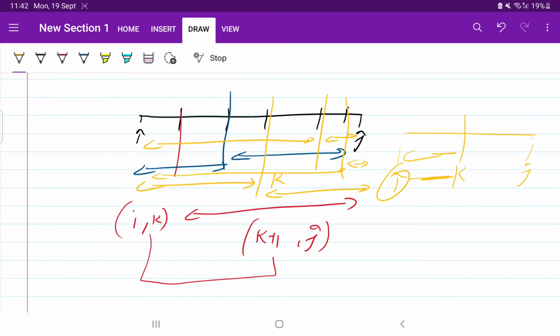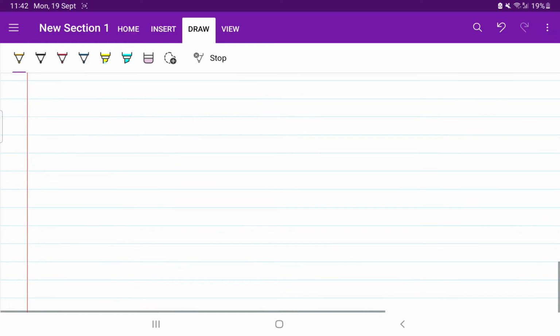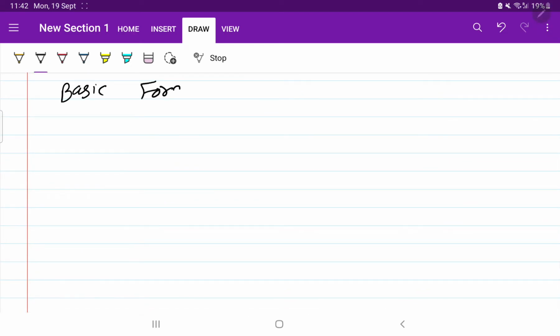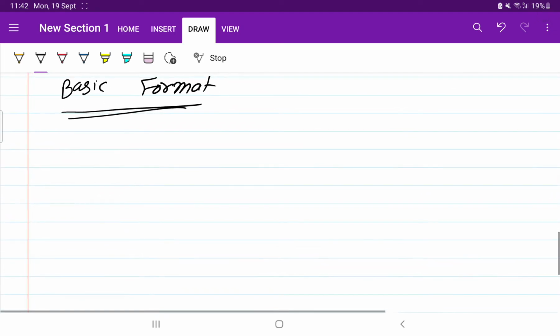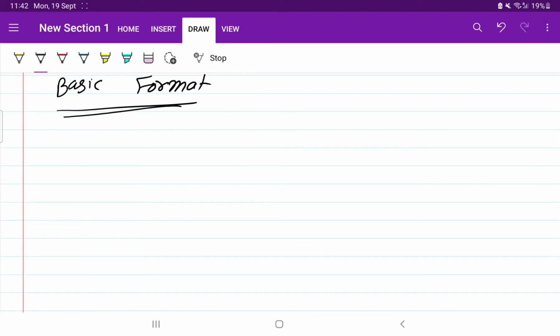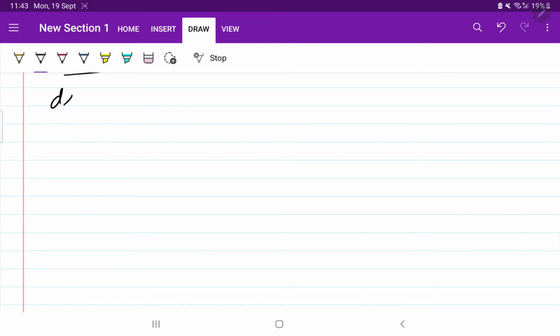Perfect. So I will give you the basic format of the MCM. This is just the format which will help you reach your final solution, but it's not the actual solution. It's the basic format, like a backbone. Whenever you have to use the MCM concept, you have to go through all of the steps that I am going to tell you now. First of all I am going to use Python syntax. So def, let's write the function name as solve, and we will get some array.